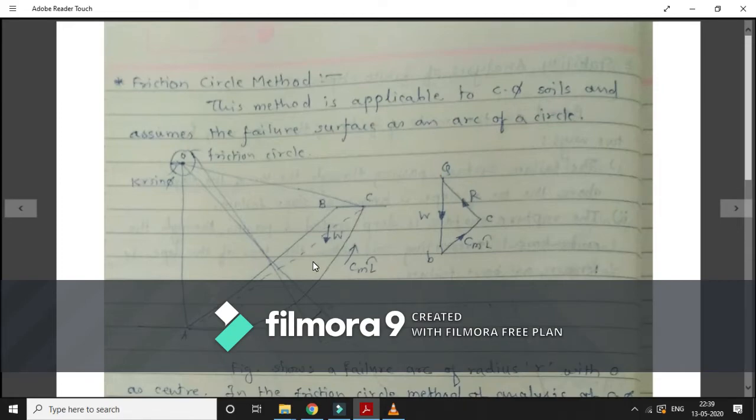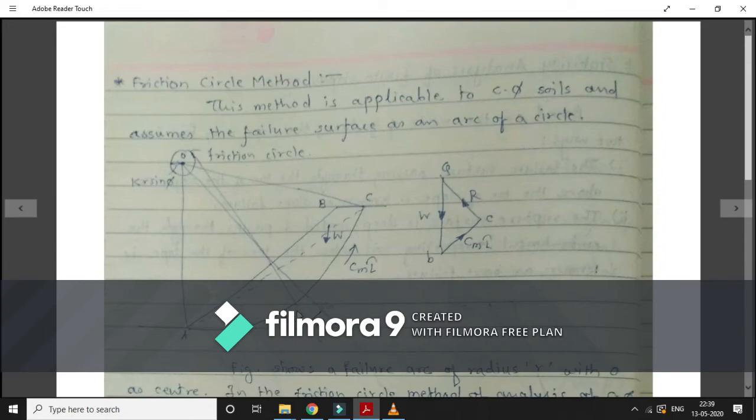So what you have to remember here? There will be a trial circle, that is a friction circle. So you can draw a tangent to this line, and you have to join this point O with this here, perpendicular. So this will represent the capital R here. So this is the resultant tangential reaction. So this line represents the direction of capital R, W is the self weight, and Cm into Lr is the cohesion. So this is exactly perpendicular to this point.